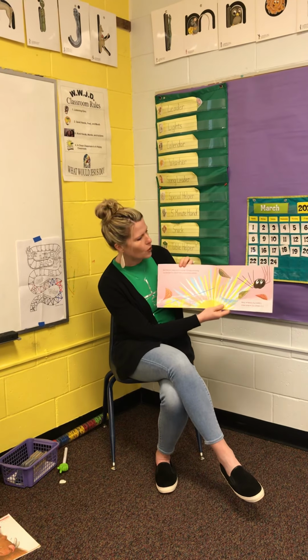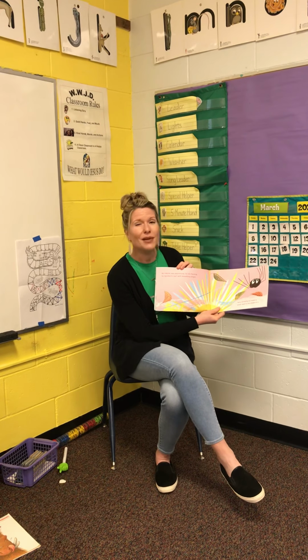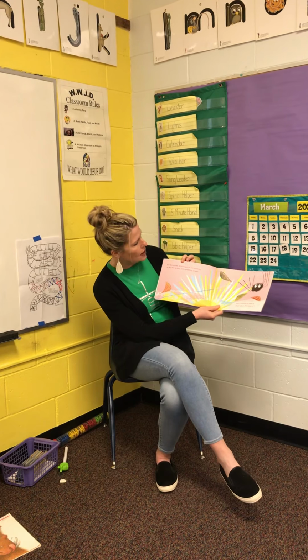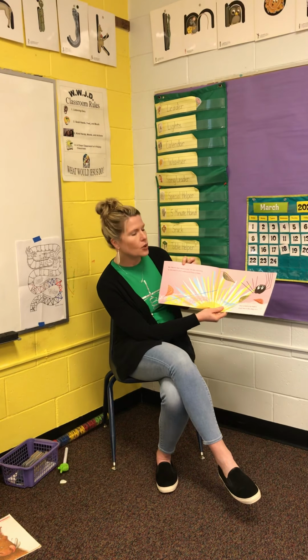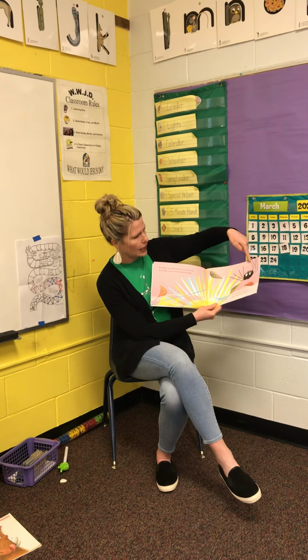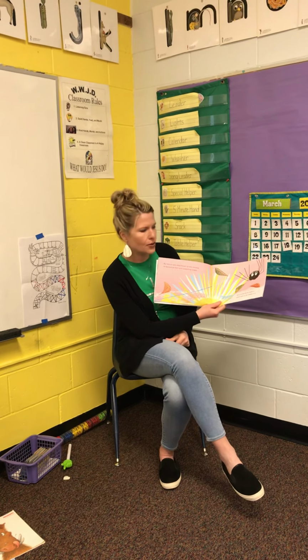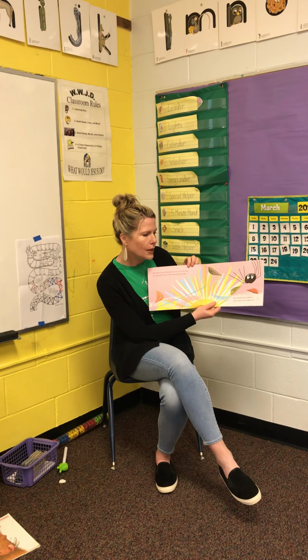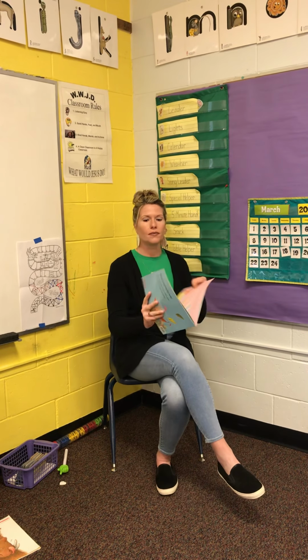But Walter was determined. That means he wasn't going to give up. He was going to keep trying. So one morning he decided to start with something simple. So I see one straight line. I wonder what he's going to turn it into. Very carefully, he made a small web in the shape of a